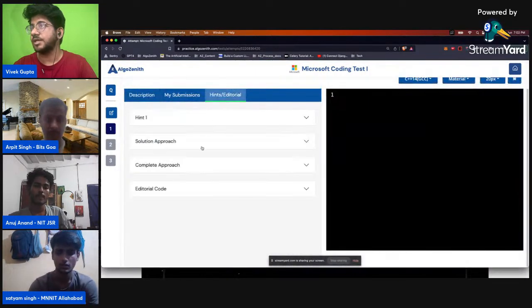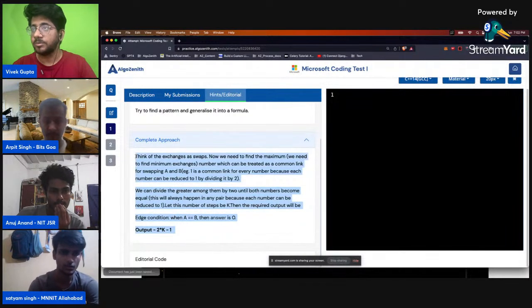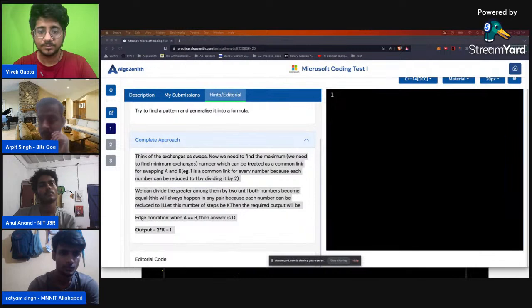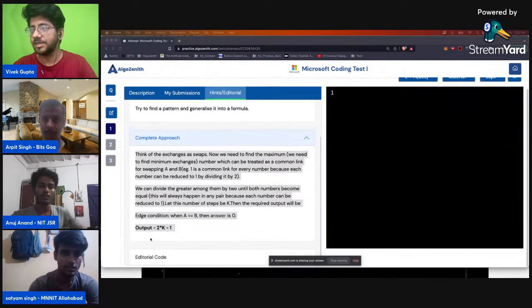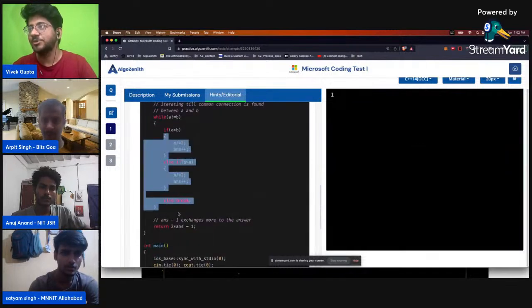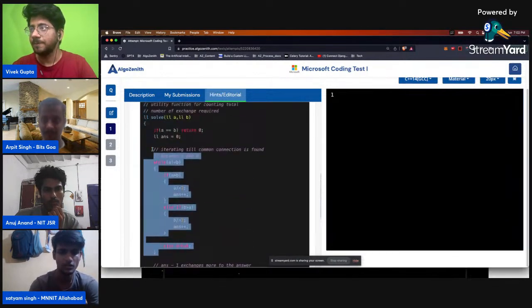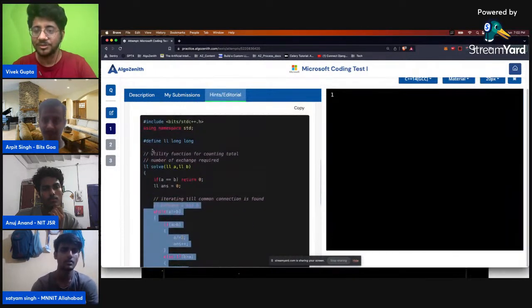You can also see that there are editorial approaches for every problem that has appeared in the test for these companies, and you can see the editorial code too. So in case the same question appears, you can use this. Oh, it's nice. He has used almost the exact same approach. So this is how you can use this particular thing.